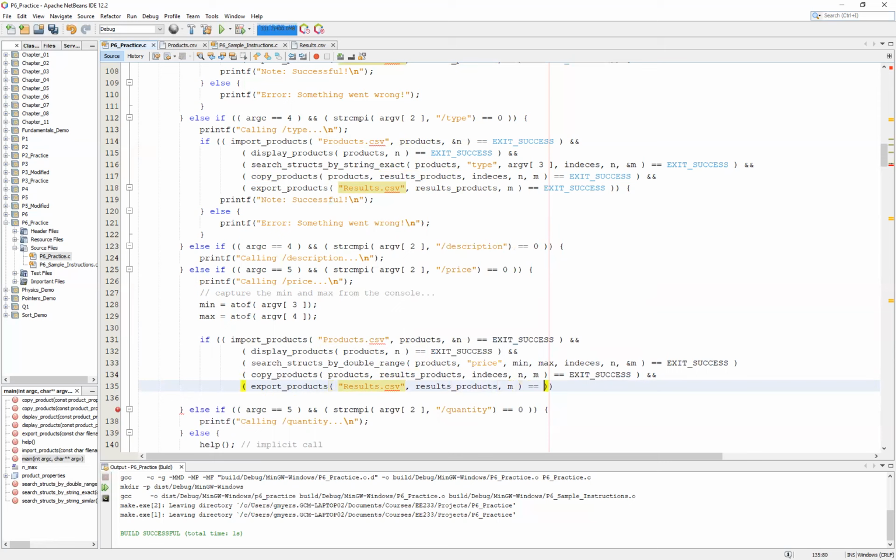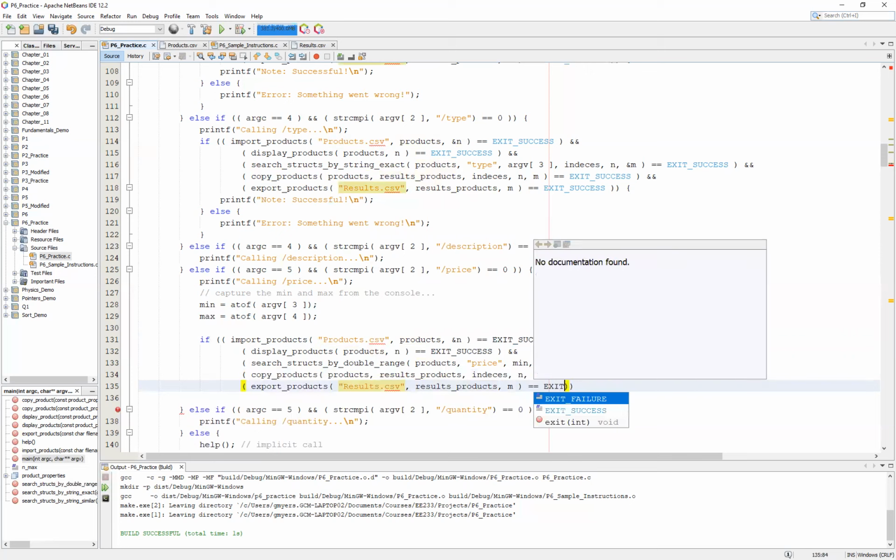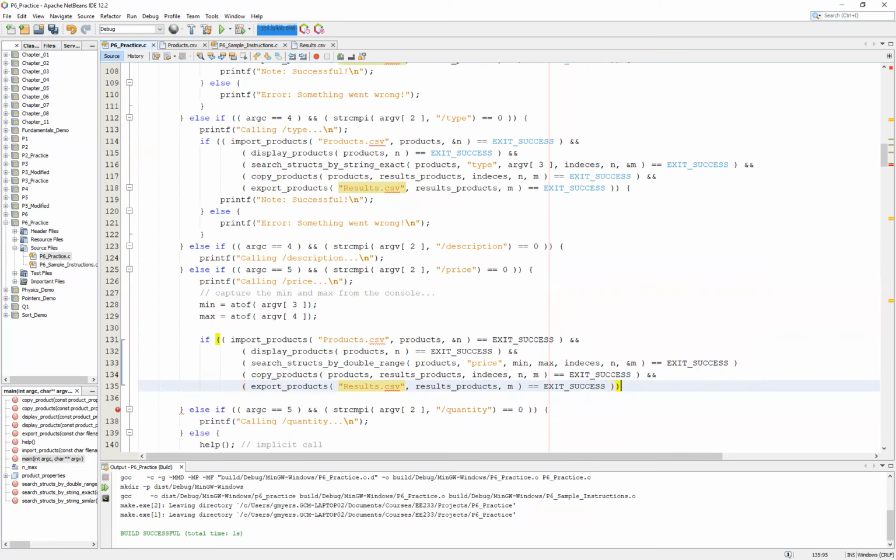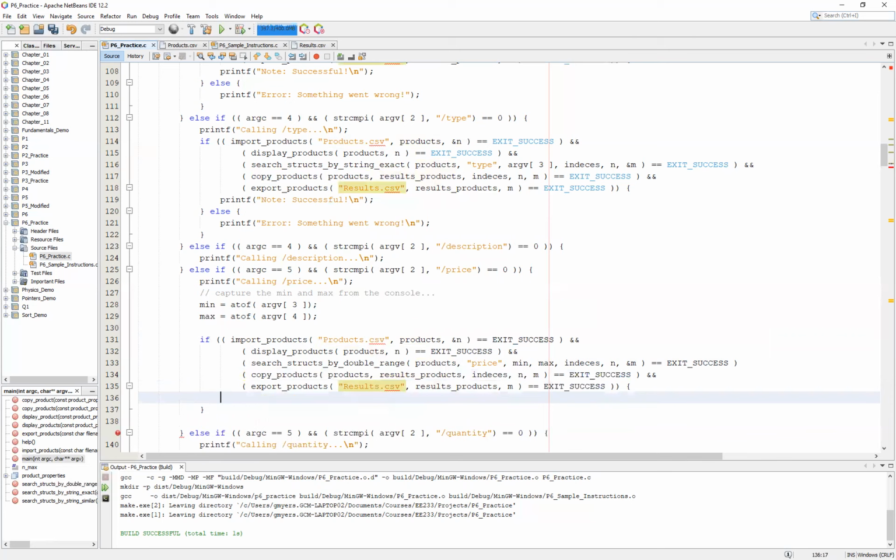And again, much like in all of the other examples, if this returns exit success, then basically what this means is that we have been successful with calling all 5 functions, and we can just simply say successful,